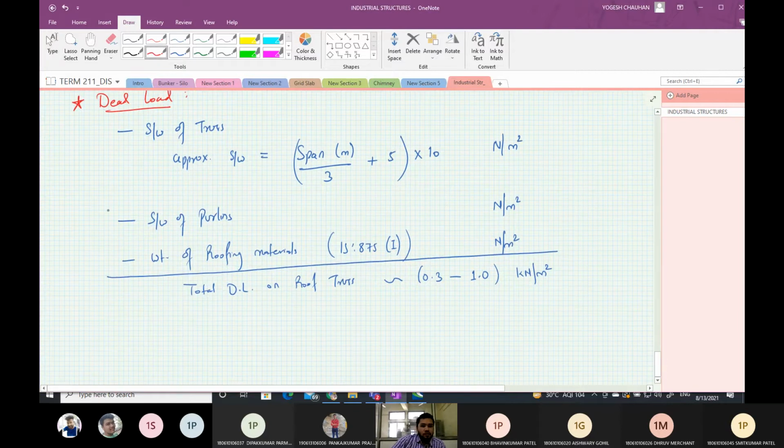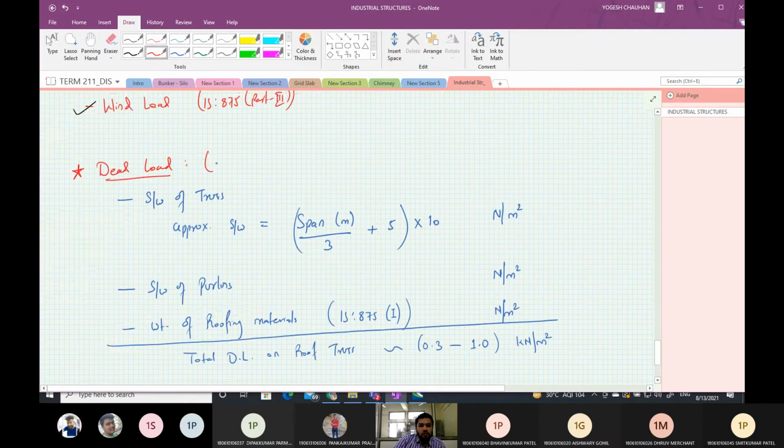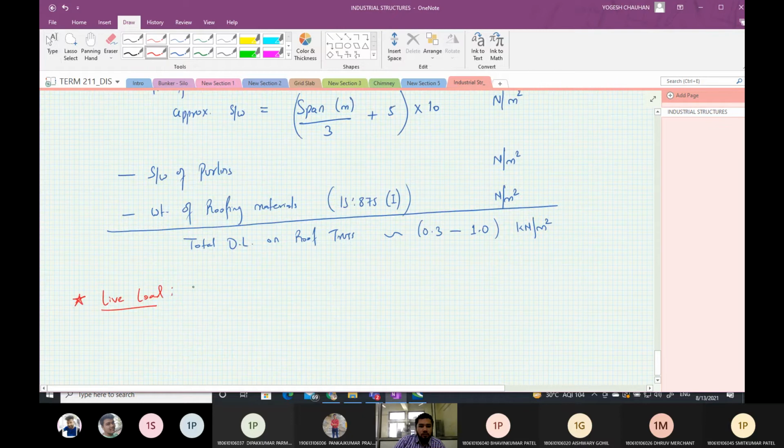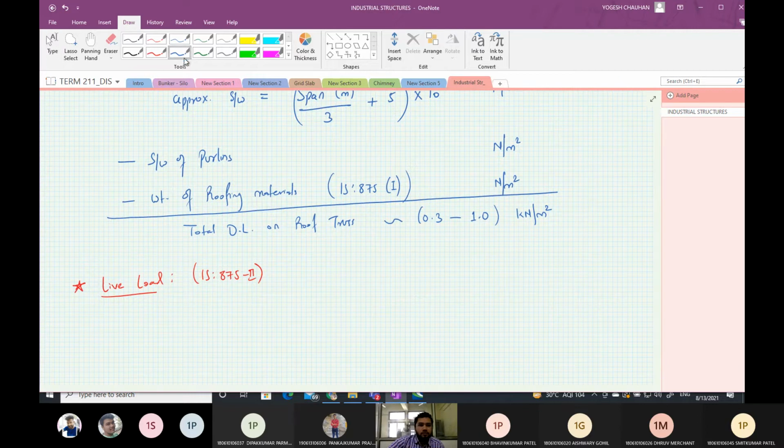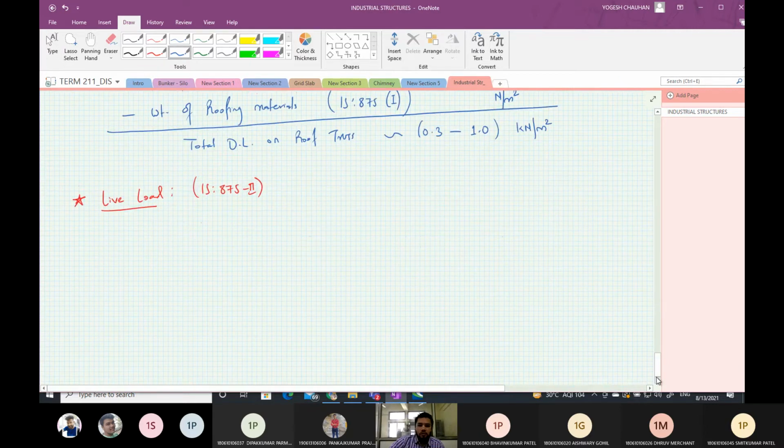Then second is live load. For this we will refer IS 875 part 2. Now here roof trusses generally have pitch.